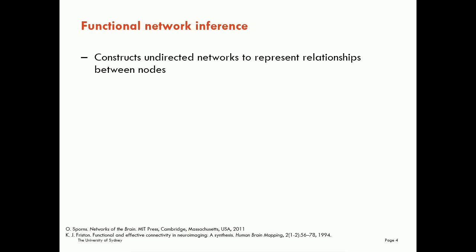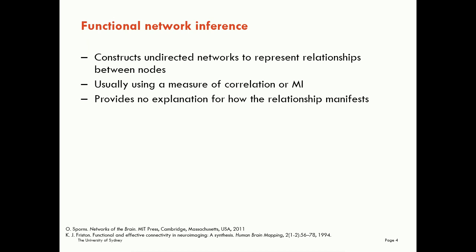Functional network inference tries to construct undirected networks to represent relationships between the nodes. When we draw a link on a functional network model, all we're really saying is that there is a relationship between the nodes. Typically, we do this using a measure of correlation or straight up mutual information between their activity time series. What's important to recognize here is that the functional network provides no explanation for how the relationship manifests. It simply states that there is a relationship between the variables. So it's a very, very general